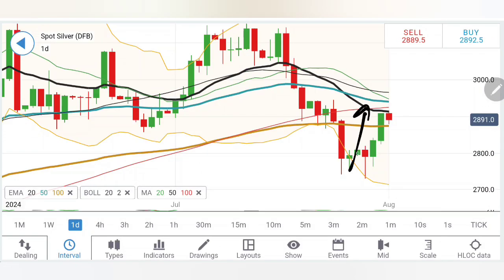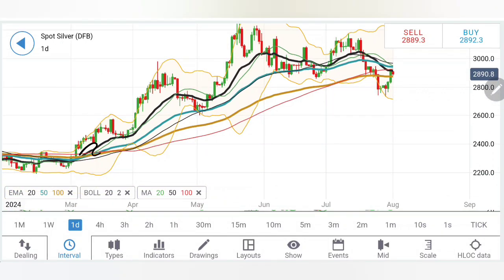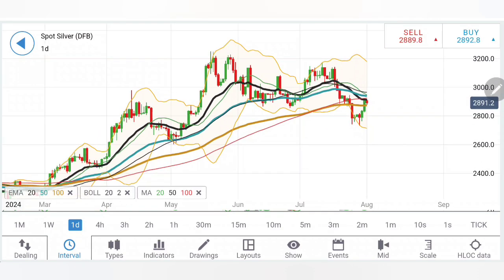What has happened? The prices are divergent from the 20 period. It has converged towards the 20 period moving average. The moving averages are trading with divergence. This has just crossed over. Remember, once again, I am highlighting this fact. This crossover has come after 4 months. So this crossover is here to stay, and thus the possibility of stronger momentum on the upside for silver,